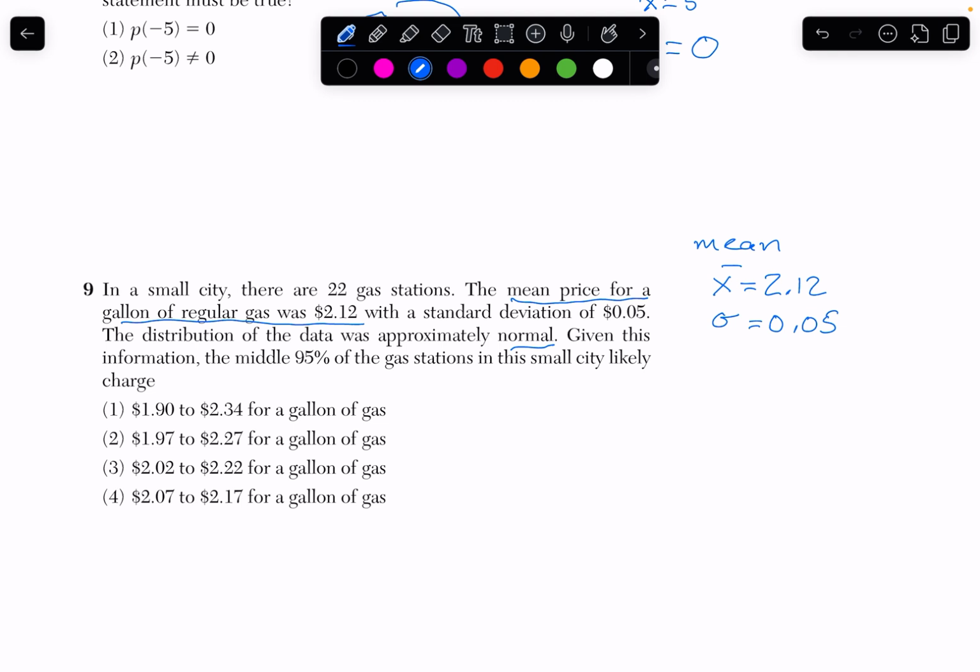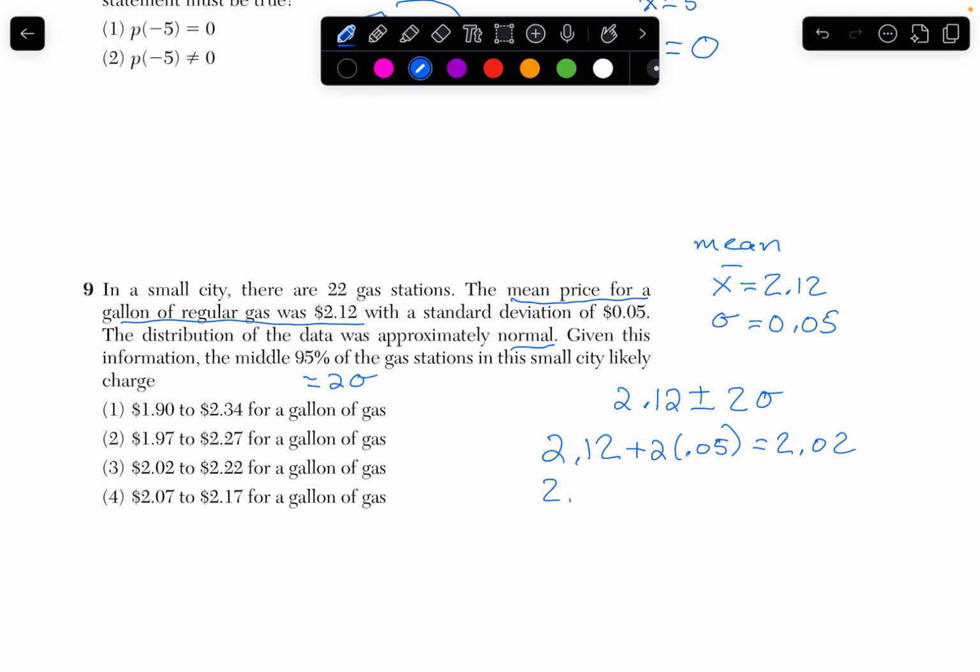Given this information, the middle 95%. Well, 95% is the same as varying by 2 standard deviations. So we're going to take the mean, 2.12, and we're going to plus and minus 2 standard deviations. Okay? And that'll give us the range of what the prices are in this town. So this is plus 2 times 0.05. And if you do this, you get